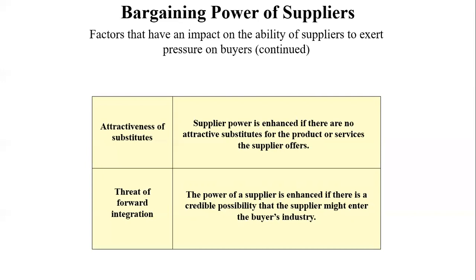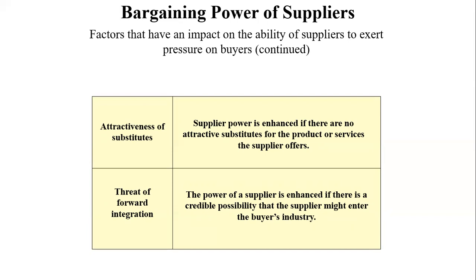The power of the supplier is enhanced if there is a credible possibility that the supplier might enter the buyer industry, which means that if the supplier has the potential of setting up their own industry or transitioning from being a supplier